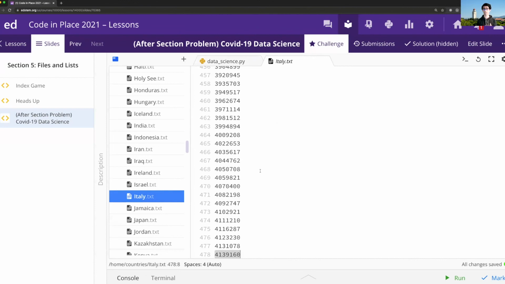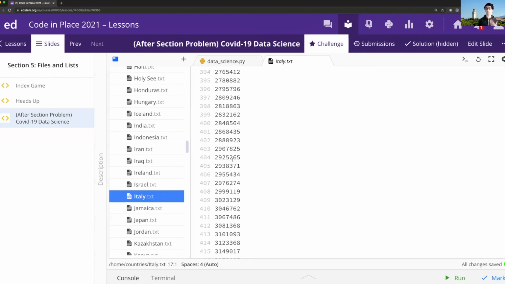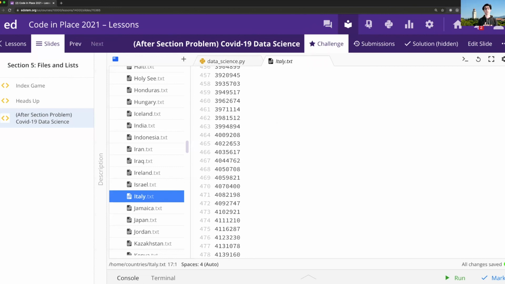Now, I want to be clear on what exactly these numbers mean. All of these zeros over here mean that up until this day, there were no cases in Italy. On this day, which I believe corresponds to January 31st, 2 people got COVID-19, and so there were 2 cases in the country. Then no one got COVID on the next day, or the next day, or the next day. And then the day after that, 1 person got COVID, increasing the total number of cases to 3. So the key idea over here is that these numbers are always going up because they represent how many people had COVID in total, not how many new people had COVID each day. So really, that's all there is.